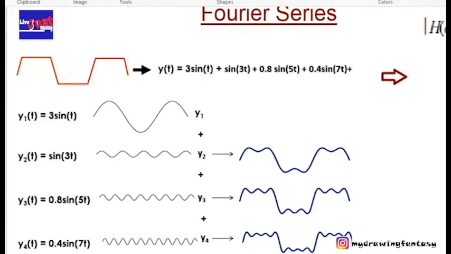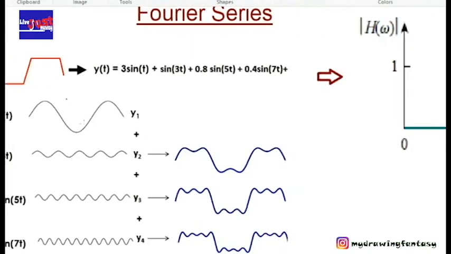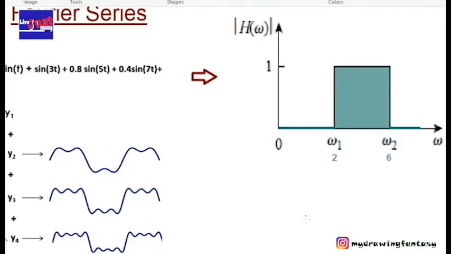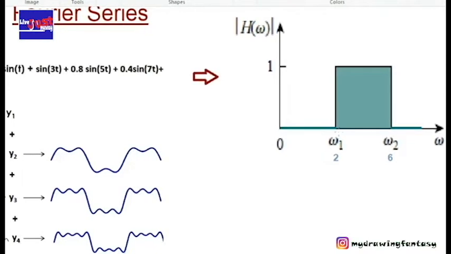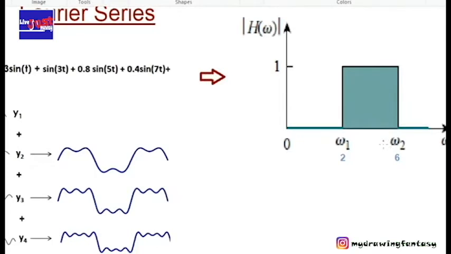Now we are going to send this square wave through a bandpass filter. What is a bandpass filter? It allows wanted frequencies and cuts off unwanted frequencies. The wanted frequencies will be in the spectrum of omega 1 to omega 2. Within the bandwidth of omega 2 minus omega 1, all the frequencies will be allowed